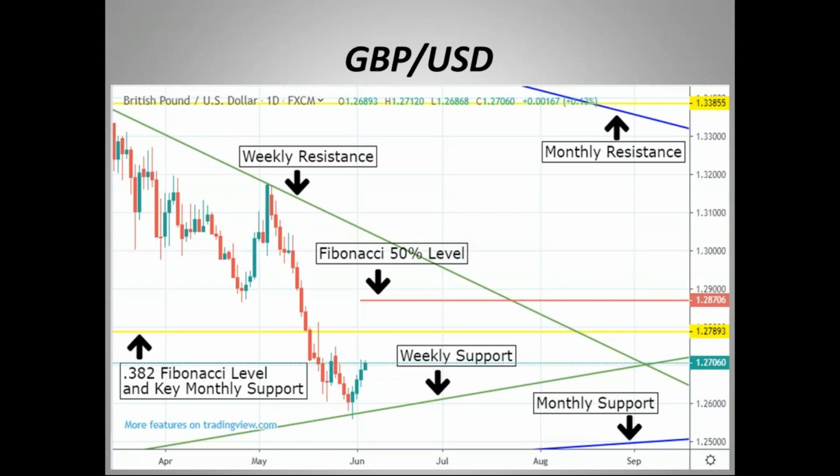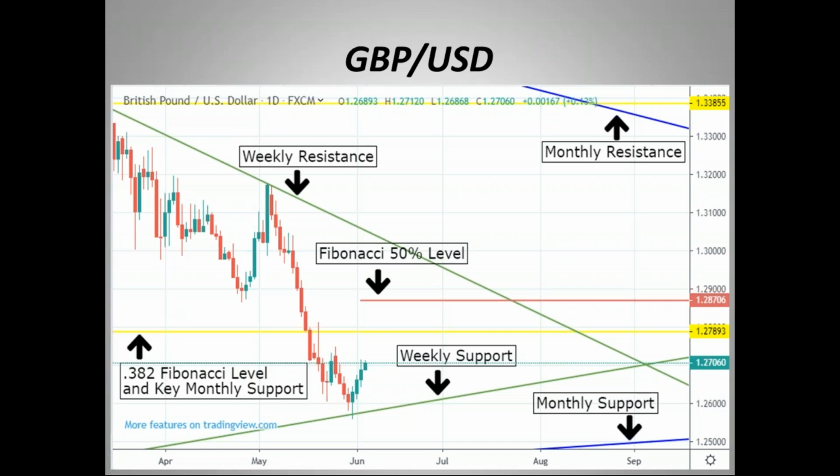So let's start with the yellow line. That is a 0.32 Fibonacci level and key monthly support level. So that is our pivot that right now for the bulls, we are looking to gravitate towards. The market has been bullish for the past few sessions. And ironically, it pierced just below the weekly support line that, if you look on a weekly chart, has been going back for a very long time. It held, just barely got through that line and then bounced. And right now it looks like it's very strong.